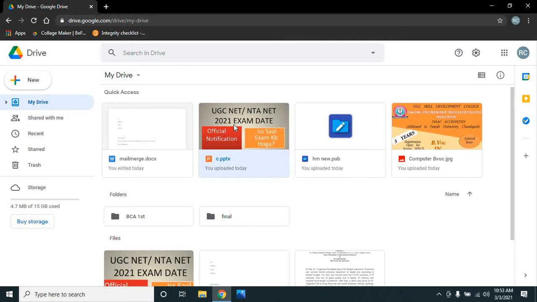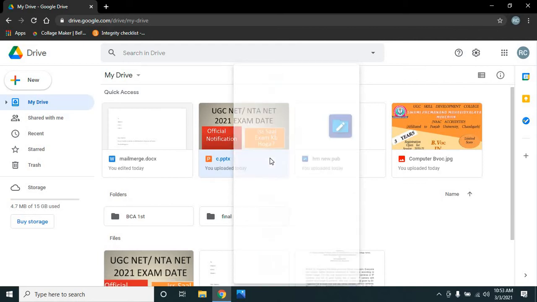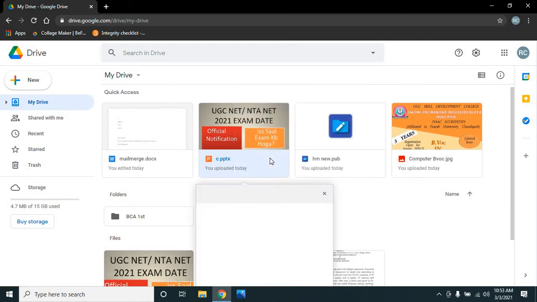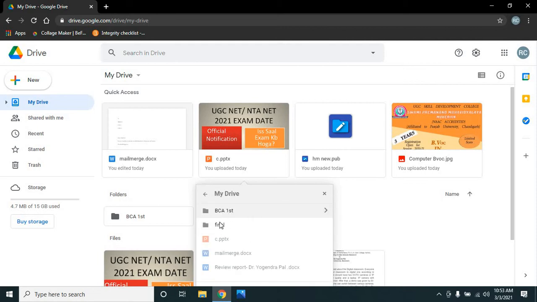Now if you want to move these files, for example, if I want to move this file to this folder, simply right click here and just click on move to, and it will show you the folders. So these folders are there in my Google Drive. You can create any folder as I have just explained to you.